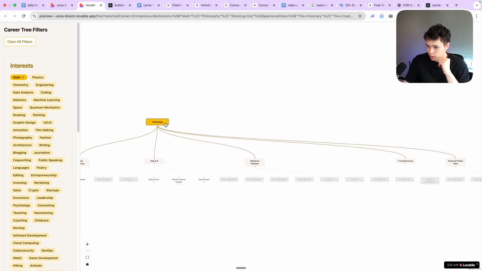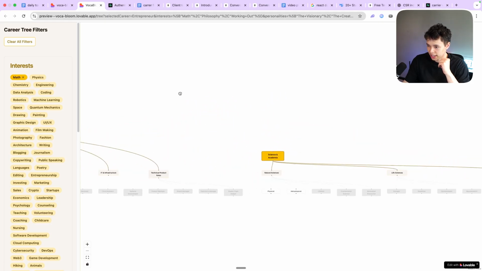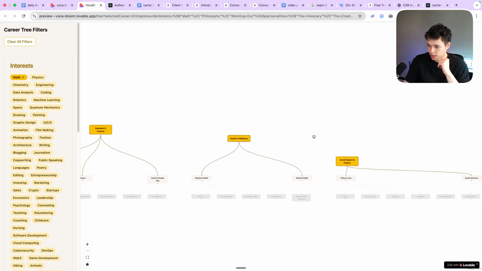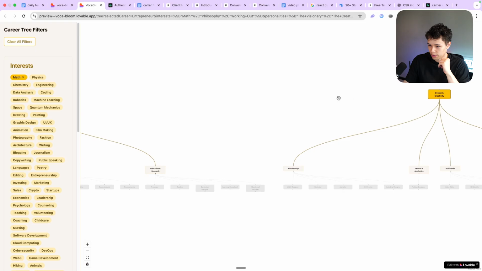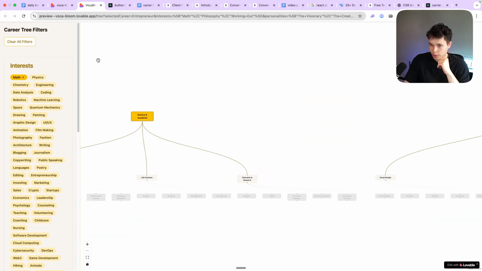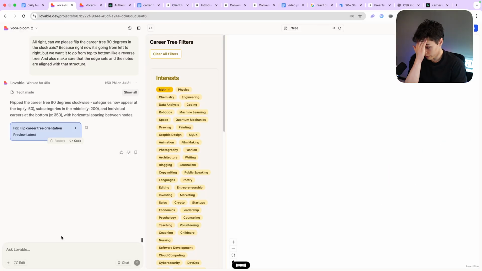But I noticed that we should probably have these things in the middle, like that, kind of. And then we should also connect up the root tree, the root node. So I think this looks good. It's a very big tree, and we need to make sure that they're centered. So I'm gonna do another prompt. Nice, perfect. I believe we solved the issue.